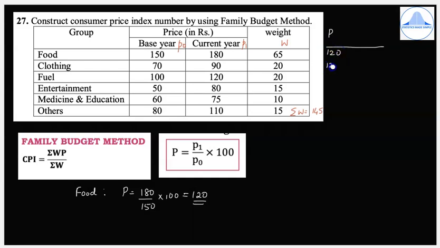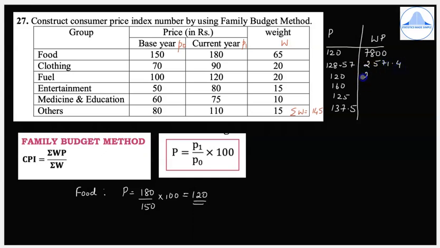Similarly, the next one is 128.57. Then I have 120, 160, 125 and 137.5. Then what we need next is WP. So what we have to do is you have to multiply 65 by 120. So you get 7,800. Similarly, 20 into 128.57 will give